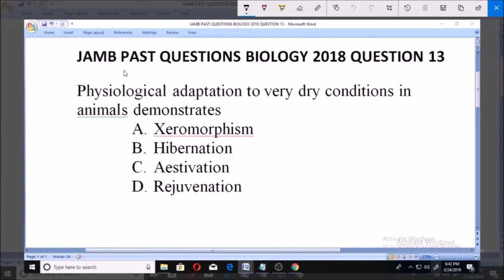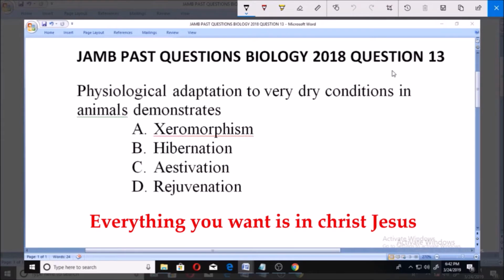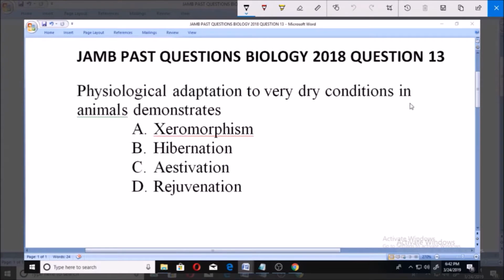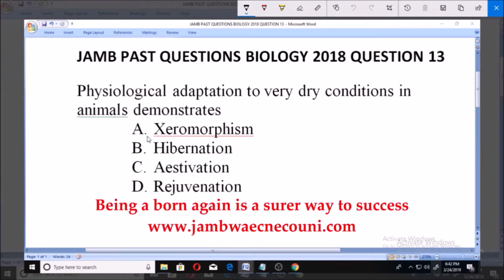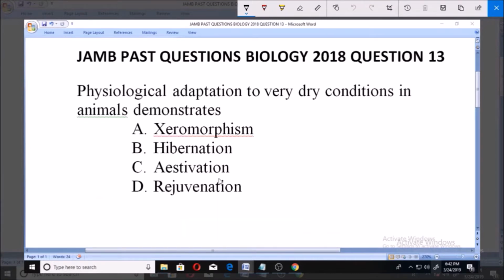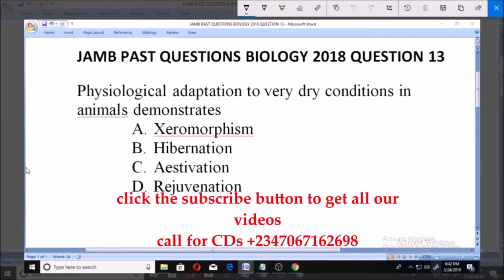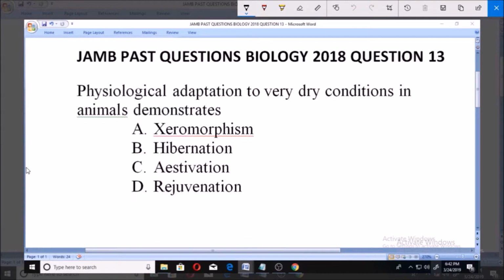Let's look at this JAMB past question, Biology 2018, question number 13. Physiological adaptation to very dry conditions in animals demonstrates A. Xeromorphism, B. Hibernation, C. Estivation, D. Rejuvenation. Now, for us to be able to understand these very well, we need to note the definition of the